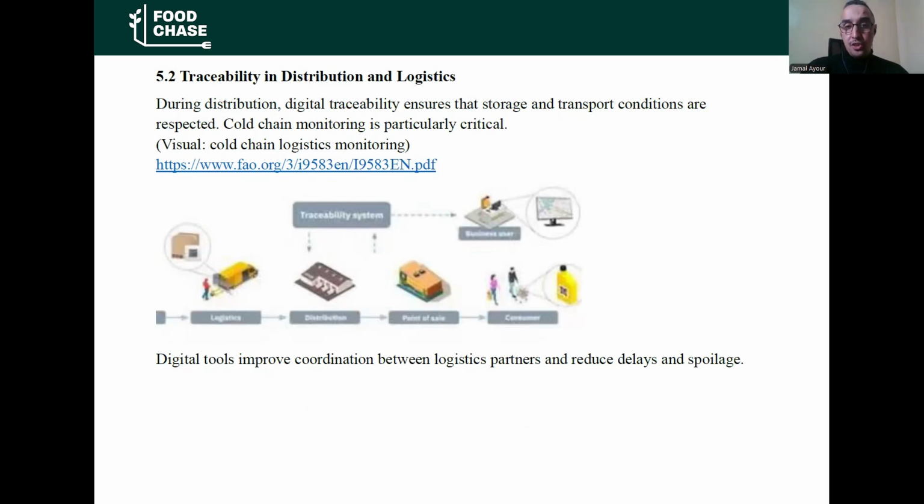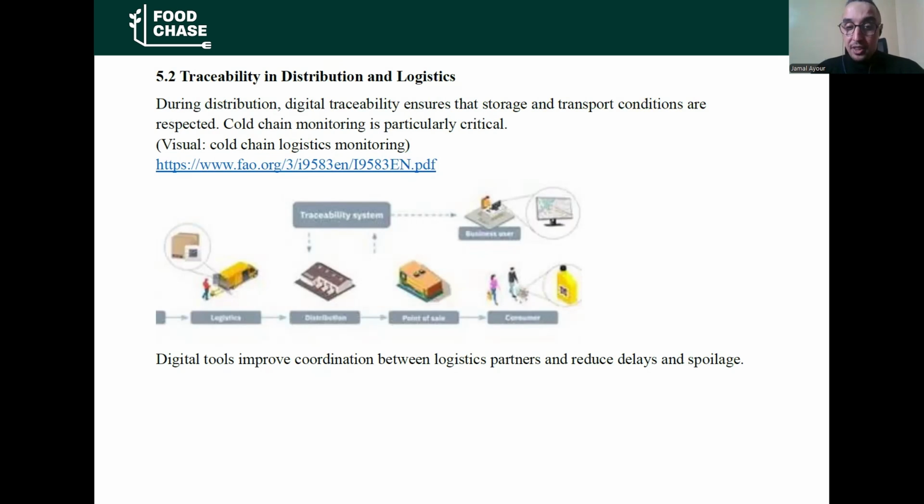Traceability in distribution and logistics. During distribution, digital traceability ensures that storage and transport conditions are respected by analyzing different physical and chemical parameters such as temperature, acidity, humidity, and other parameters depending on the nature of your product and the logistic chain of your enterprise.